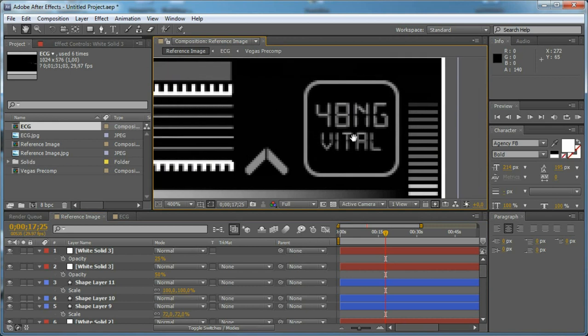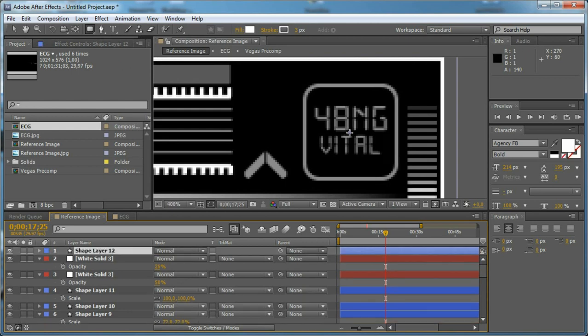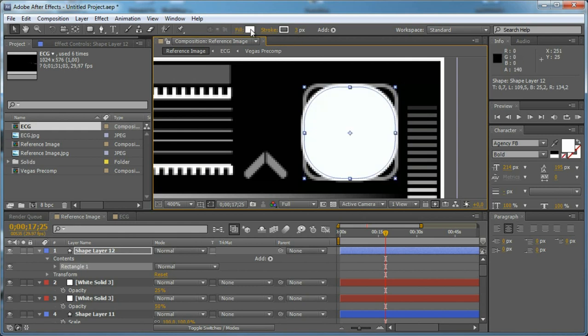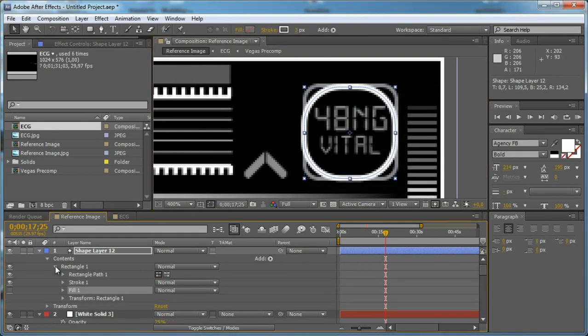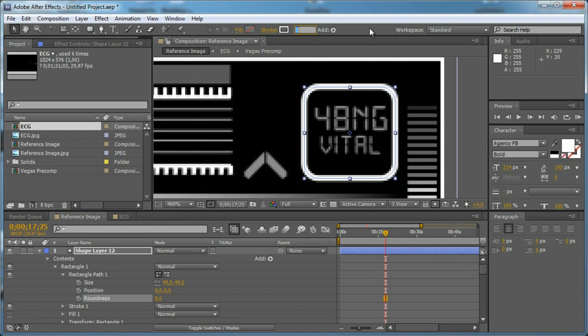And we need to take the rounded rectangle tool and create a kind of a round shape here, and let's remove the fill and we can play with the roundness of the corners right here. Set the stroke to 1,